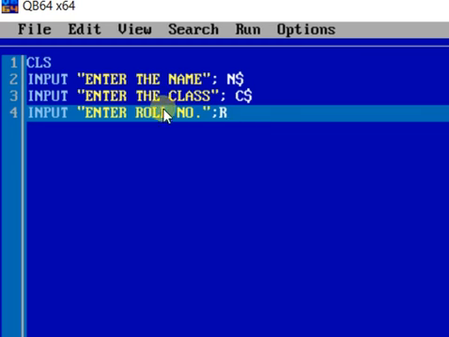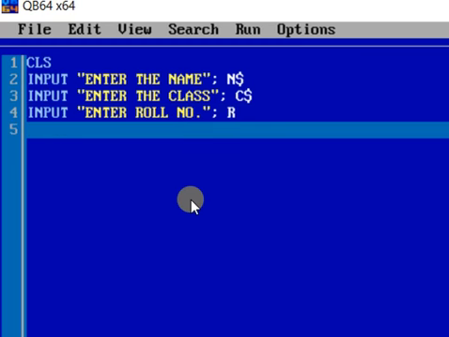Suppose R for roll number, C for class, N for name. There should be a matching so that the variable name is understandable. I have taken 3 lines for taking 3 single inputs. Now I will display them using the print statement.